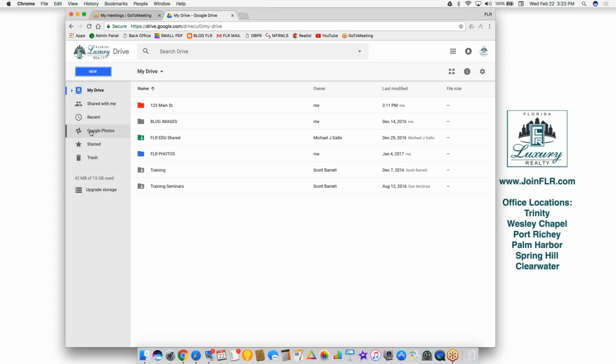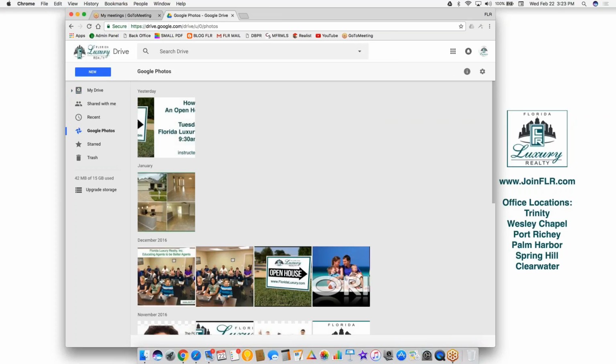Google Photos is an awesome little feature that's attached to your Google account. Google Photos allows you to back up all the pictures from your phone, whether you have an iPhone or an Android. Okay? If you don't opt for the HDR version,